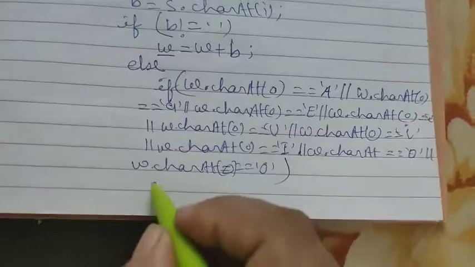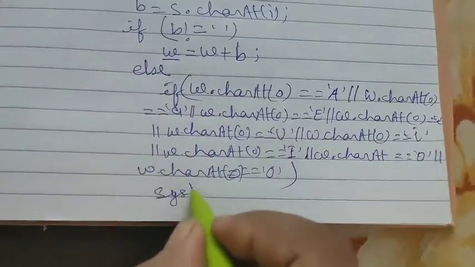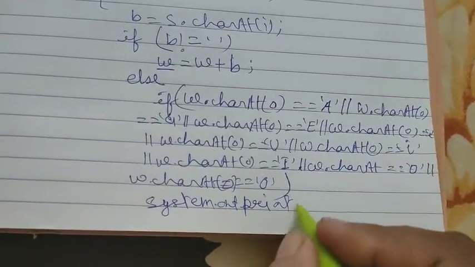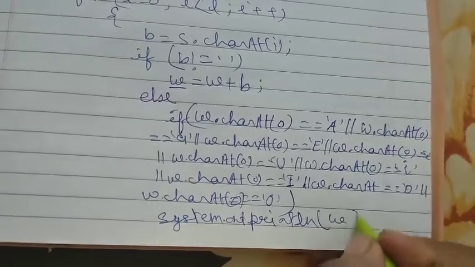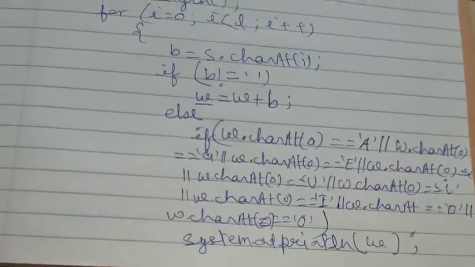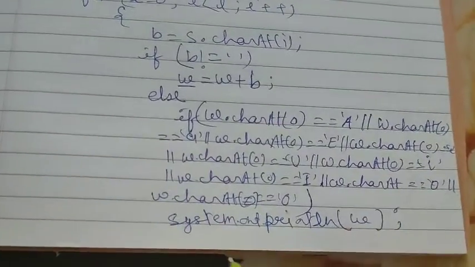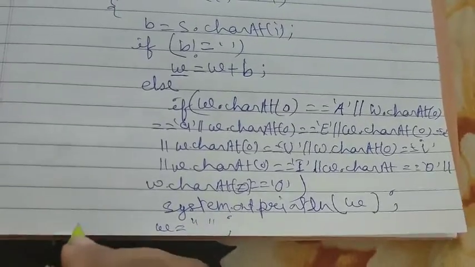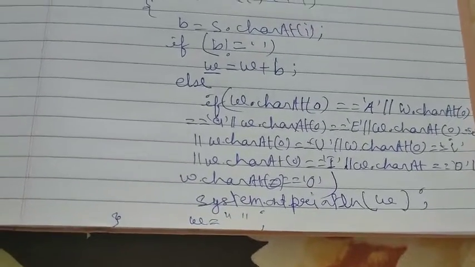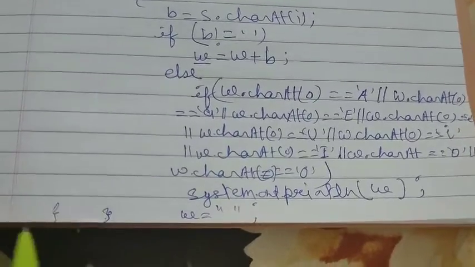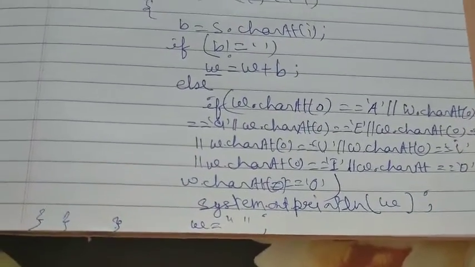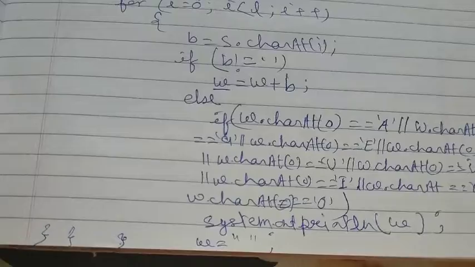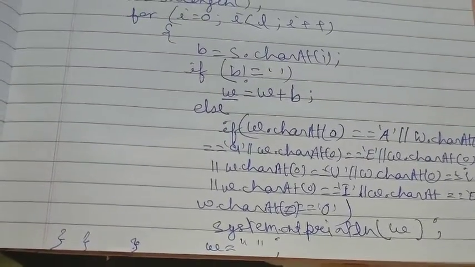And here if it is there, then System.out.println. What is going to be printed? w, because w is my word and it started with the vowel which I have checked here. After that I make w a space, because I am going to store the next word here, and my program is over. This for loop will end here. Then I give two more curly braces below to complete this program, so that public static void main and the class both are closed.